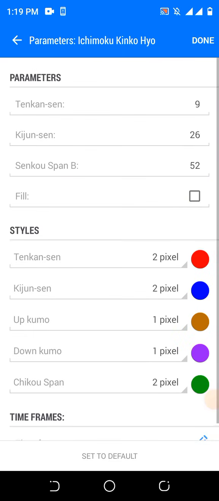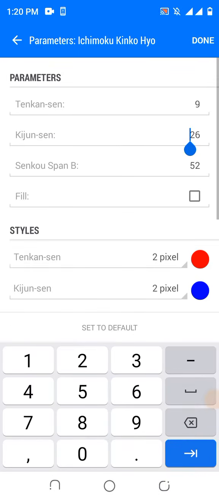Now this is the default setting for the Ichimoku indicator. On your screen, this is what you are going to see. Now pay attention, let's set it up the way we are going to make use of it in this strategy. First of all, you change 26 to 0.